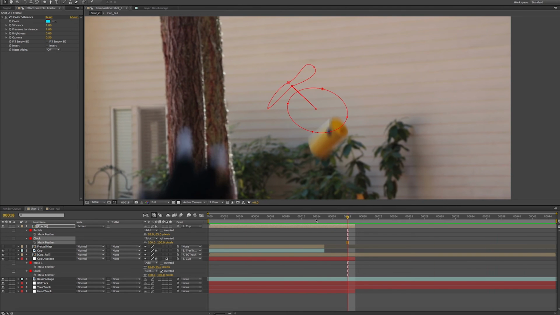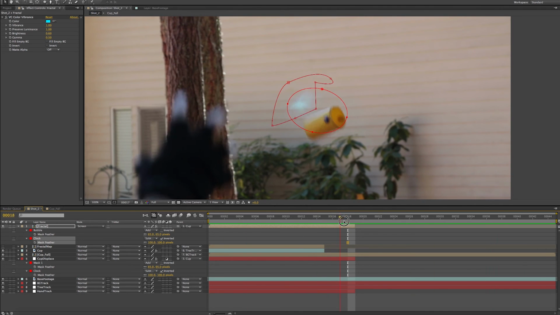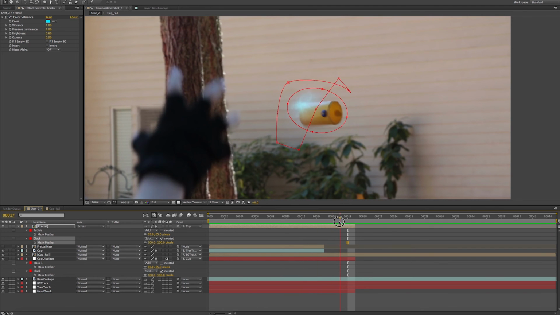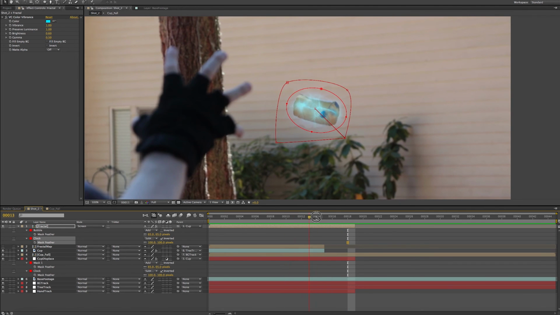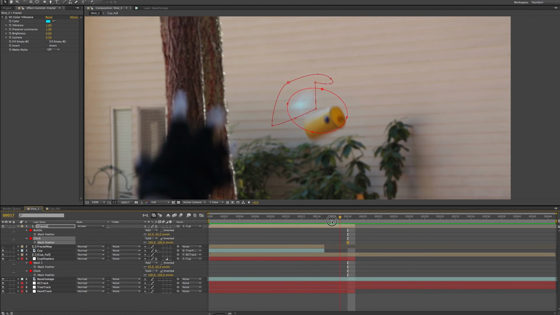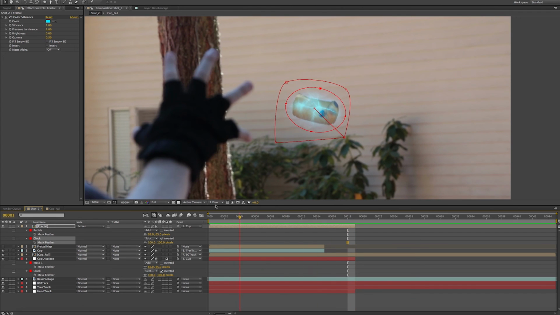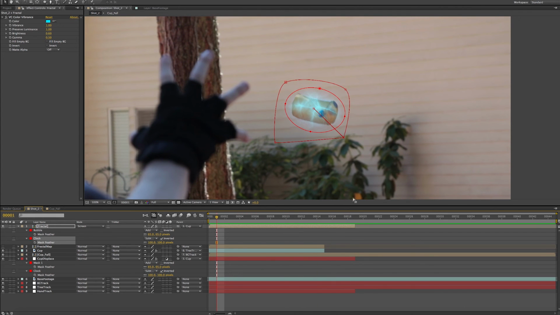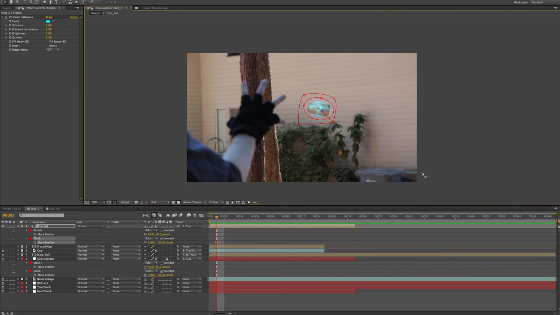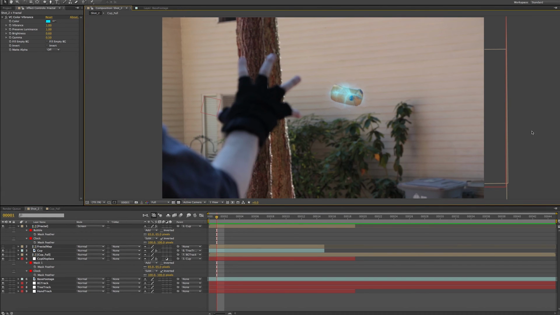I'm wondering if maybe like a pulse or a ripple or something would actually go here. That could be interesting. We could try that. I think I'm just going to leave it the way it is. So I'm going to zoom out. Whoa, not that far. And just leave that the way it is, and then move on to the hand, because